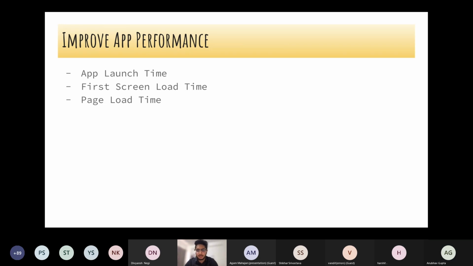I think you are a web developer, right? So I guarantee you most of the things will be the same mindset for web development also. Let's say you have built a web page, right? And I hit that. If it is a static one, then it will be immediately loading. If it is a dynamic one, you are getting some data and doing some calculations, there will be some time to render that page, right? And this will take time.